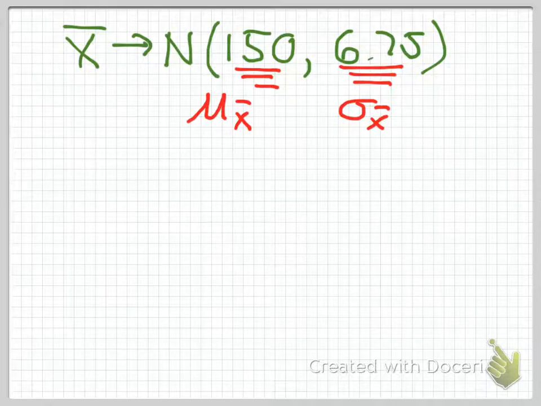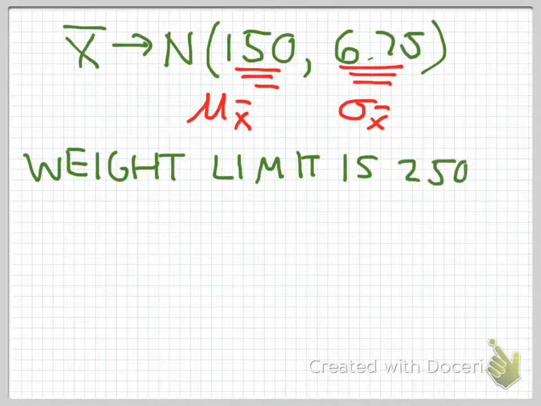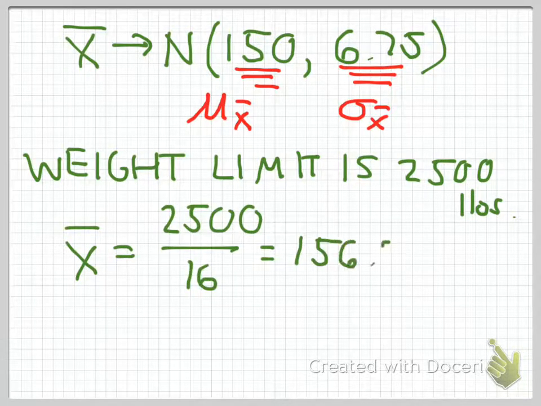Okay, so we're ready to move on now. In part C, we need to know about, in total, will these people upset the weight limit of the elevator, which is 2,500 pounds. Well, we have a 2,500 pound weight limit, and we have 16 people getting in the elevator. So part C is really just a simple division problem. If the weight limit is 2,500 pounds, we're really just interested in when our x bar will be greater than 2,500 divided by 16. So really our trouble number is 156.25. When our group has a mean weight of greater than 156.25, we might be in trouble because that would mean that collectively we are exceeding the weight limit of this elevator.